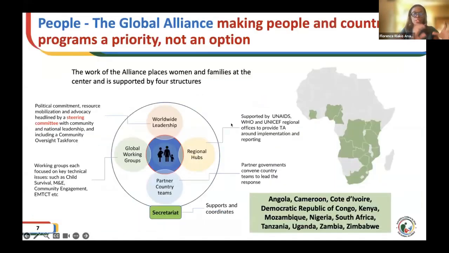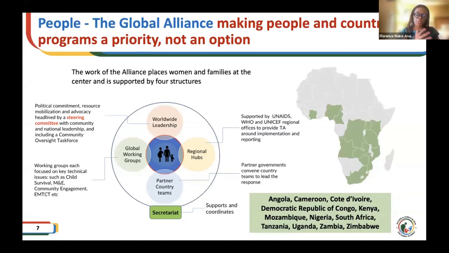And then I don't want to go into the details, but just to say that there's a whole structure for how this works. Some of us sit at the steering committee, but there's also regional hubs which have representatives of community of women living with HIV affiliated and linked to ICW and Y+. ISA has a regional hub: Eastern Southern Africa, Western Central Africa has a regional hub. Under those hubs, there are country global alliance chapters, and there are representatives of women living with HIV and champions for children sitting in those